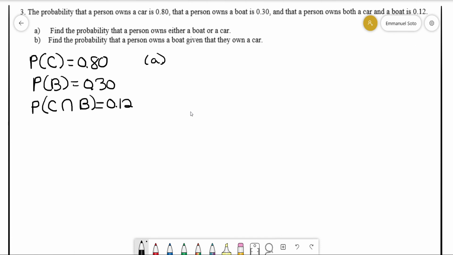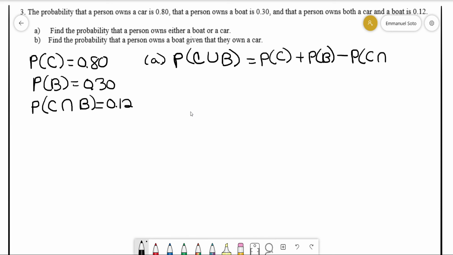For part A, it wants the probability that they own either one, so either boat or car. So I'm going to say car or boat. Since it's an "or" probability, you're going to add the probabilities together. Here's the formula: the probability of car plus the probability of boat minus the probability of having both of them. We have to subtract the probability that they have both because we're only looking for either a boat or